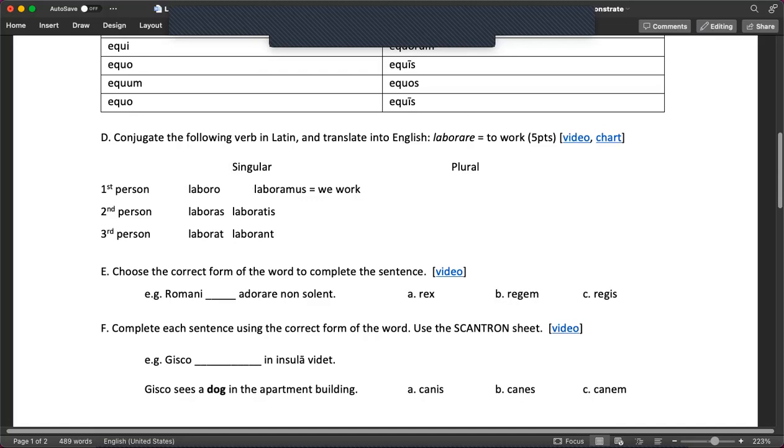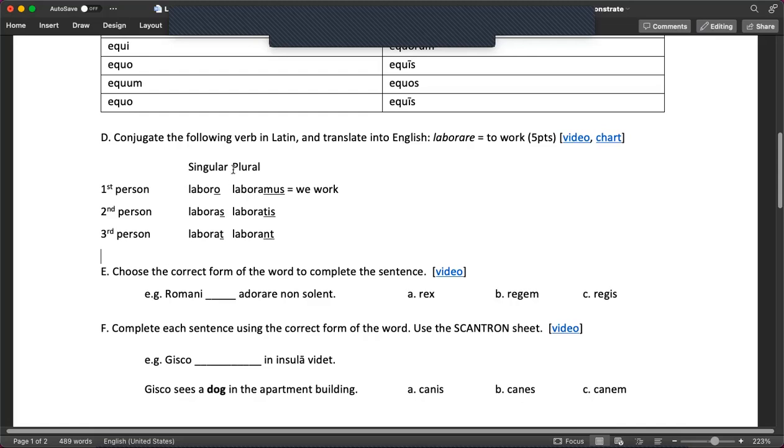Okay, so the forms look like this when you type them out, singular and plural. This is how they appear. Those 6 forms, if you can remember that technique and you can commit those endings to memory, you will do just fine on this section of the exam. So your endings here are O, S, T, mus, tis, and NT. Those are the endings